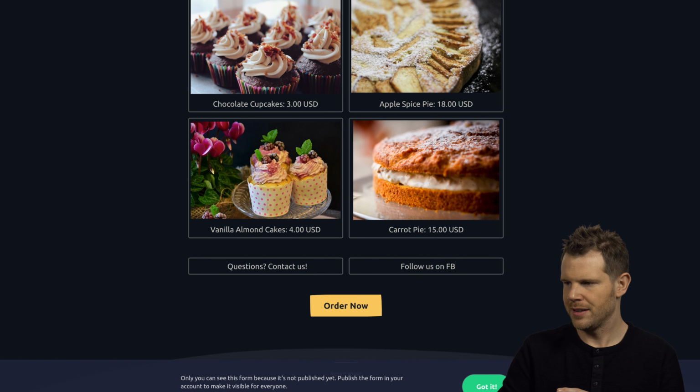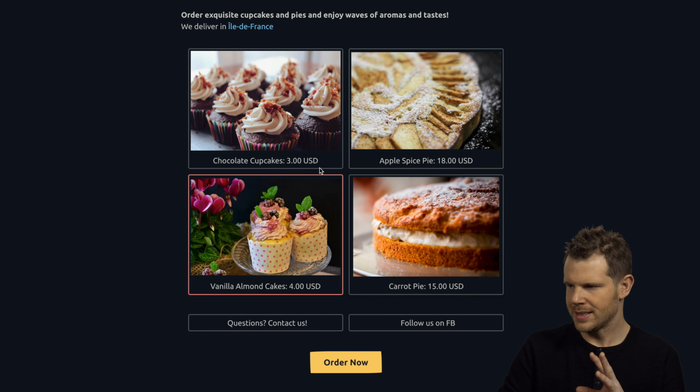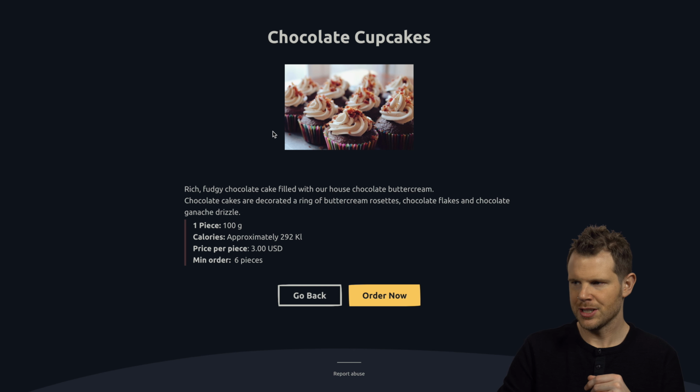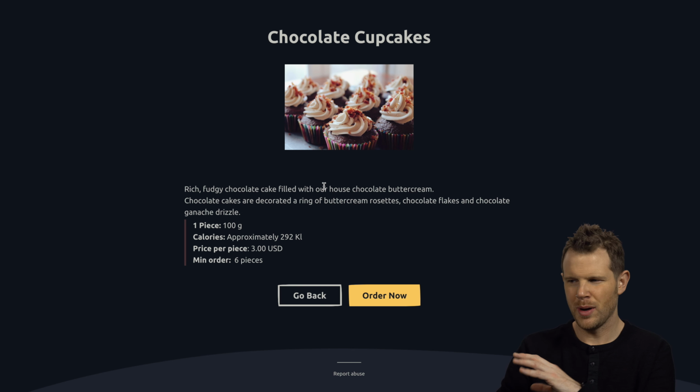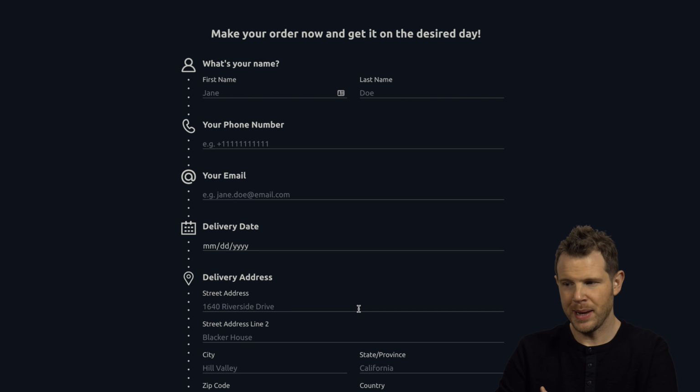So as it is, the form is, let me close this little disclosure. The form itself is very long. So if I click on this right here, chocolate cupcakes, it's actually going to zoom me ahead to, I think, page 3 or 4 inside of the form. Now from here, I could click the order button and that'll take me to a different page on the form